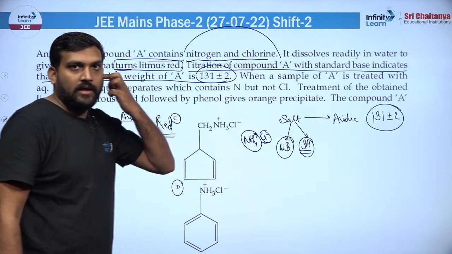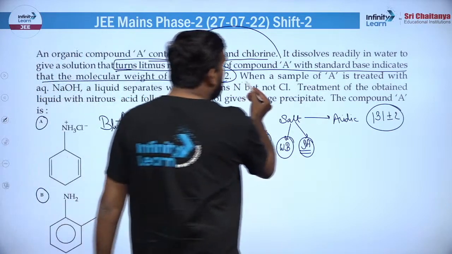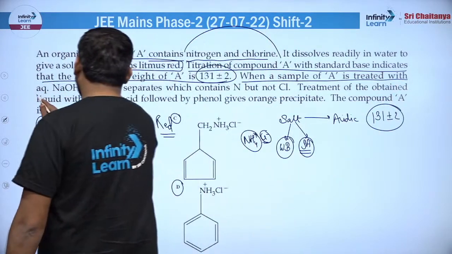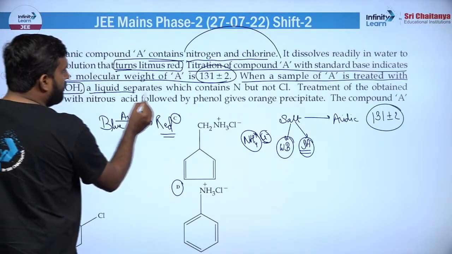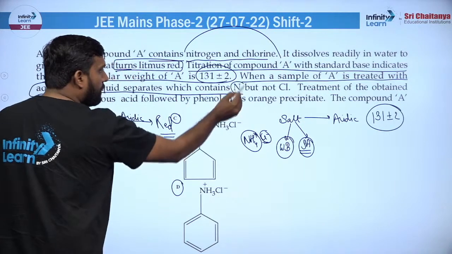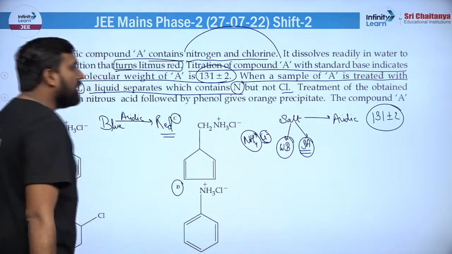When a sample of A is treated with aqueous NaOH, ठीक है, उसको aqueous NaOH से ट्रीट किया गया, a liquid separate which contain N but not Cl। अब Cl क्यों नहीं है, क्योंकि